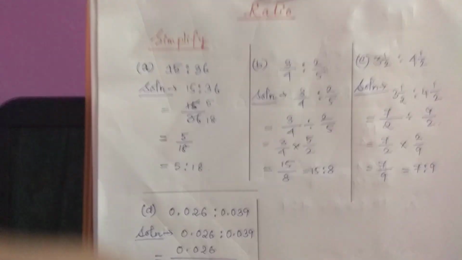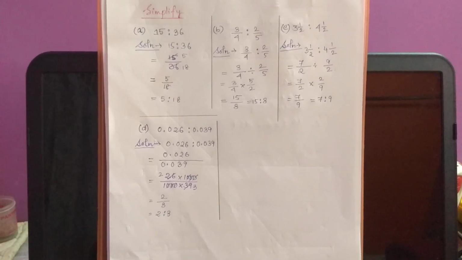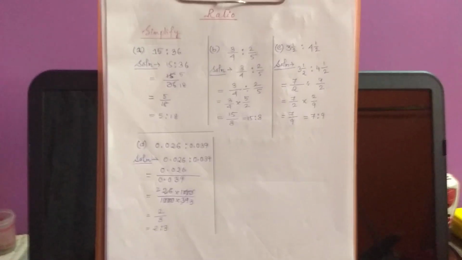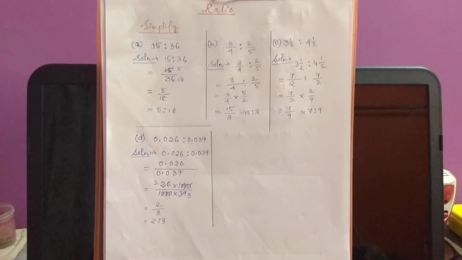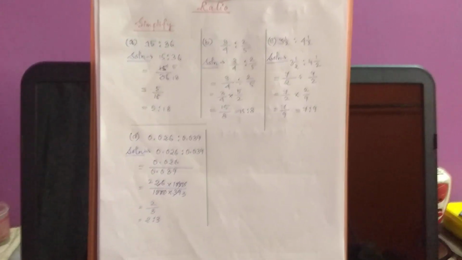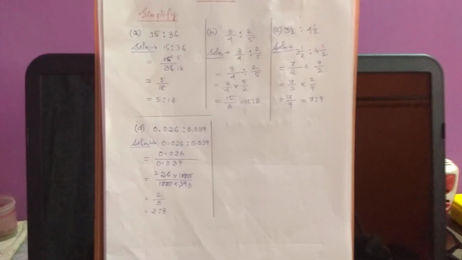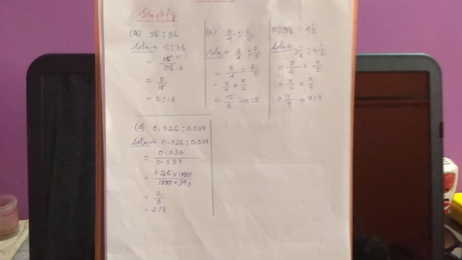Just one thing you remember, here in these 4 examples, I have not taken any units. But whenever units are mentioned, be careful about the units. The units should be same while taking the ratios. Now, we will go to the exercise 9a. Take out your book and copy, means school notebook, and be ready to solve the exercise.